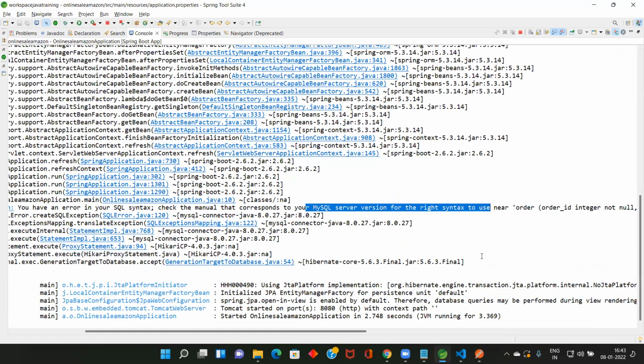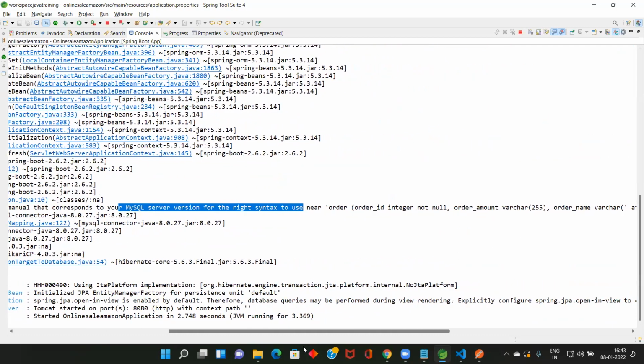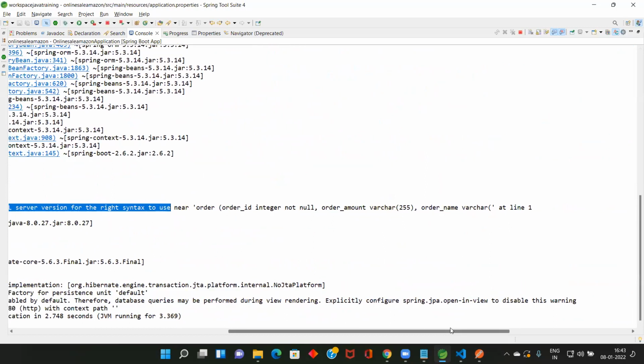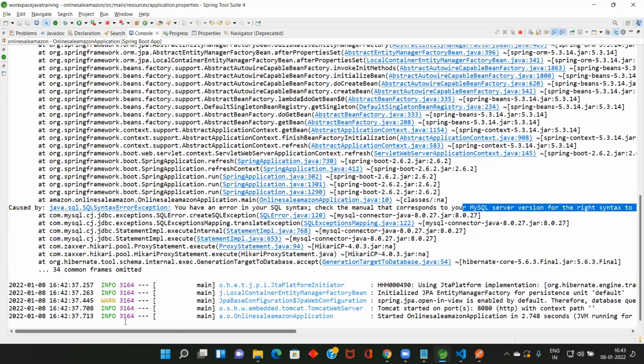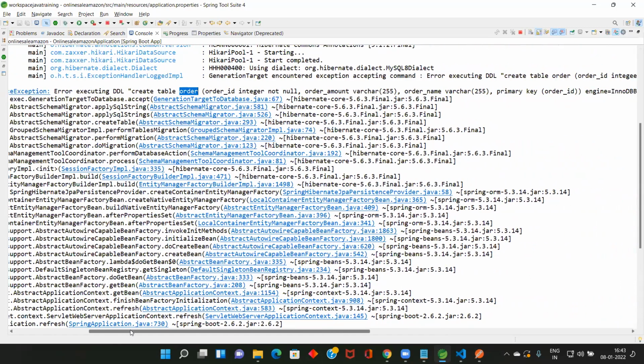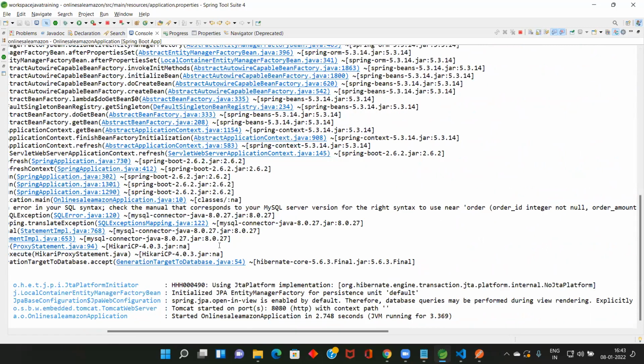Order ID integer not null, order amount, order name varchar. So what is the problem here? Our Hibernate is creating this query: create table order, order ID integer not null, order amount varchar 25, order name varchar 255. So is it the duplicate name or something else?